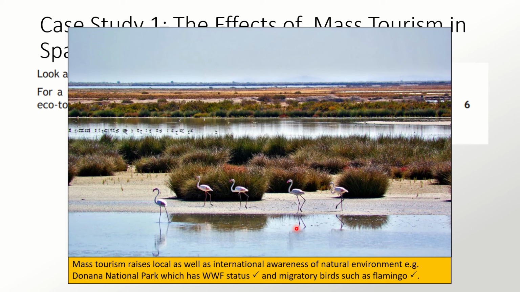Notice, I'll just pause here in my commentary, notice the detail that you're scoring marks for. I should have probably pointed that out in the previous answer as well. You need to be developing these sentences, and especially in this part of the course, you need case study examples, and you need to be able to provide them with confidence. So when you're copying down the notes in the yellow boxes,